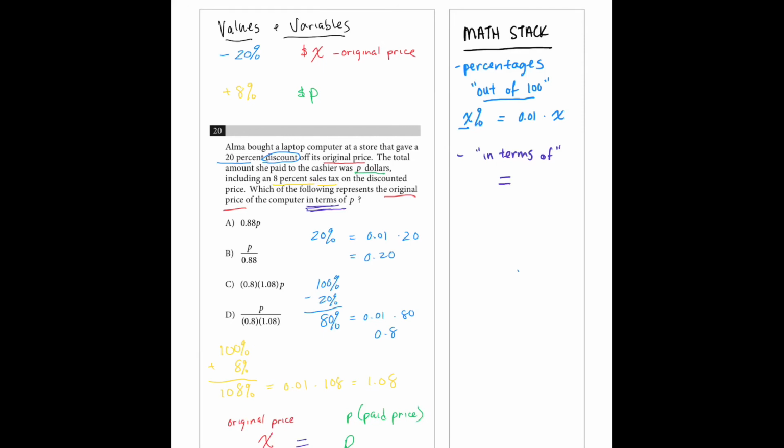Lastly, in terms of P, and that which is designated as P. So this is the basic skeletal structure of our equation or formula. What we need to now do is plug in the two percentages or decimals so that we can isolate x and find that in terms of P. So going back to our percentages, how was the original price affected? Well, first there was a 20% discount. So we're going to apply that here by multiplying by 0.8. And then there was also an 8% sales tax. So we'll add that into the beginning as well as 1.08. And understand that all this is being multiplied because percentages are not additive. And then because they want the original price in terms of P, we have to isolate the original price. So what we'll be doing is dividing, which is answer choice